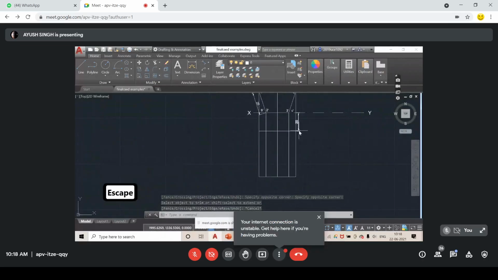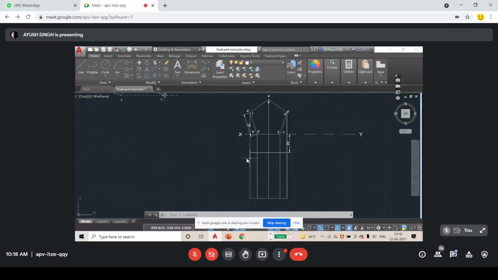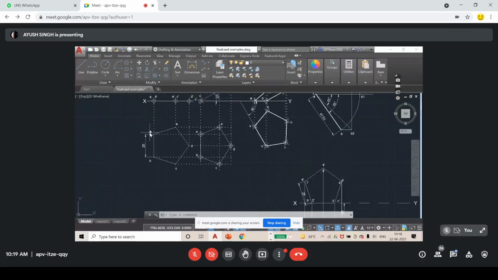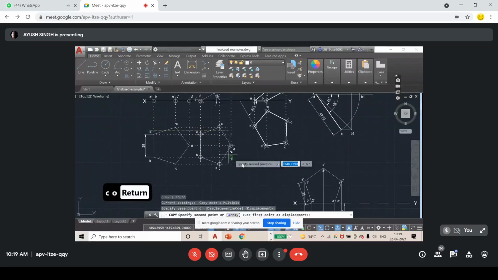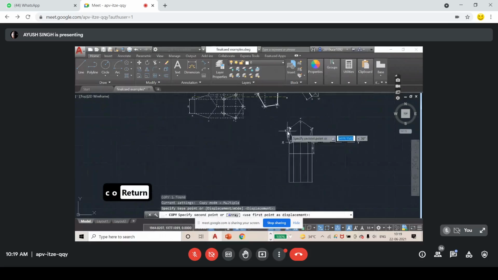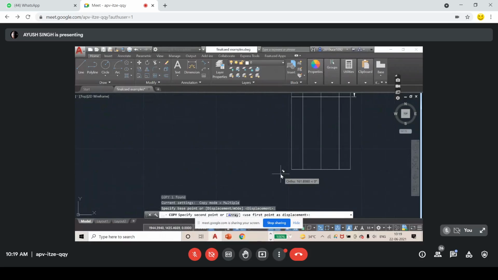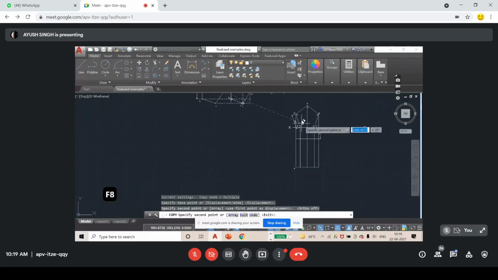Now I have to just name these. This is in the top view, so I will not use dash. I will copy here, A. Turn off my ortho mode. This A was actually here, and this one will be here. Now you will understand why I draw like this.